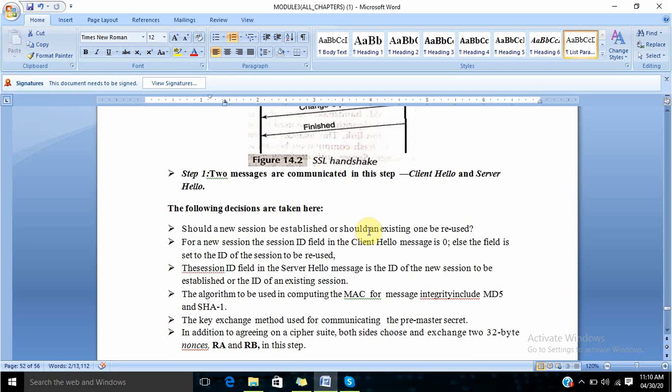If we are starting a new session, then the session ID of the client hello message will be 0. Otherwise you need to use the session ID of the previous one, whichever you are reusing. That much you need to know. The algorithms used in the computation of a MAC here include MD5 and SHA1. SHA1 we'll study in another video.